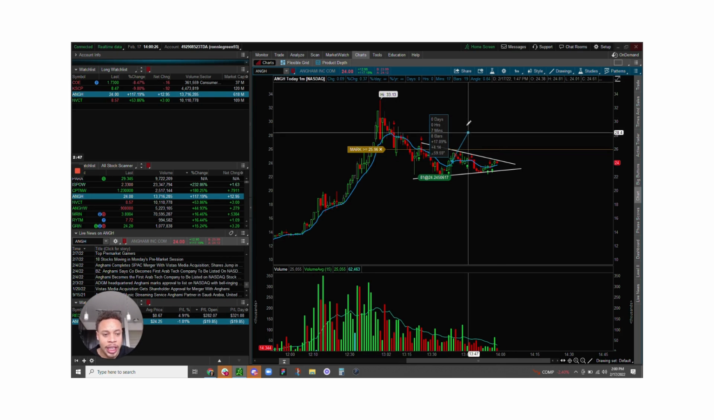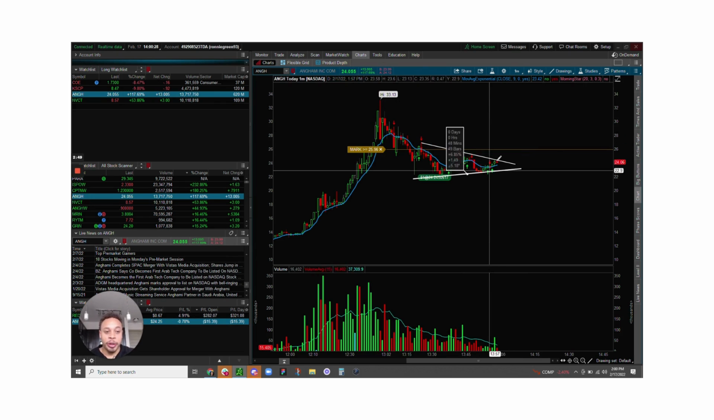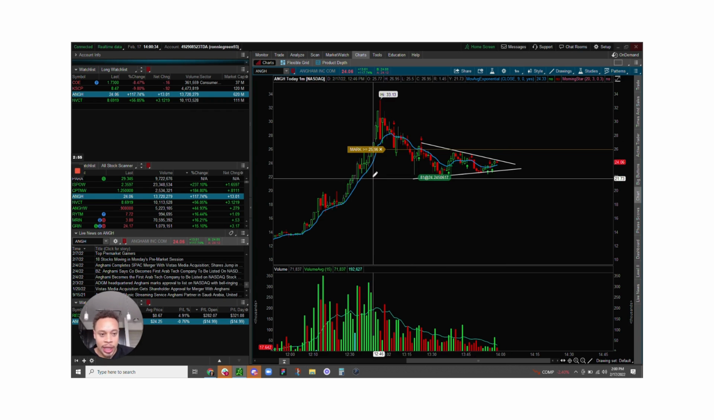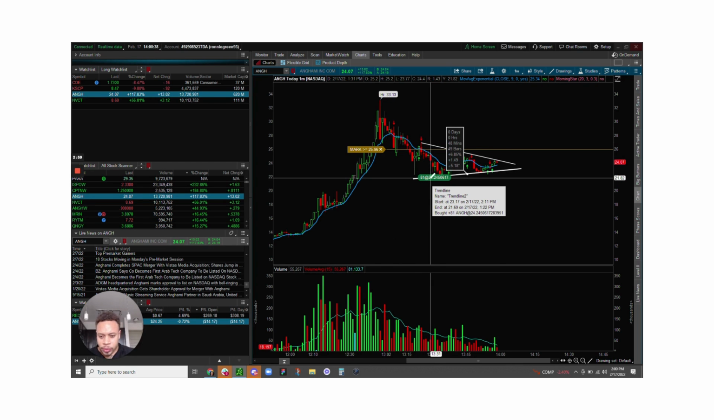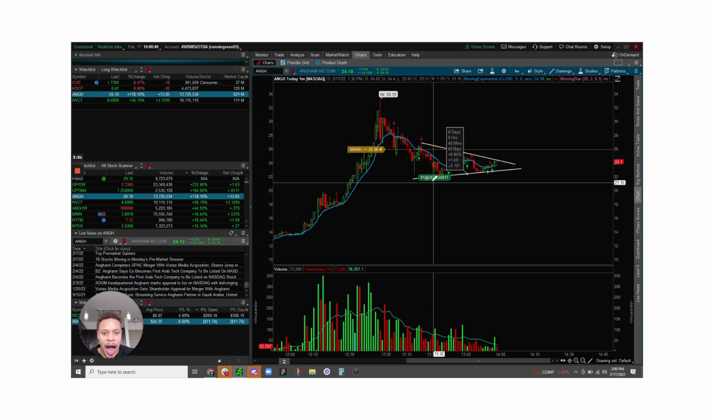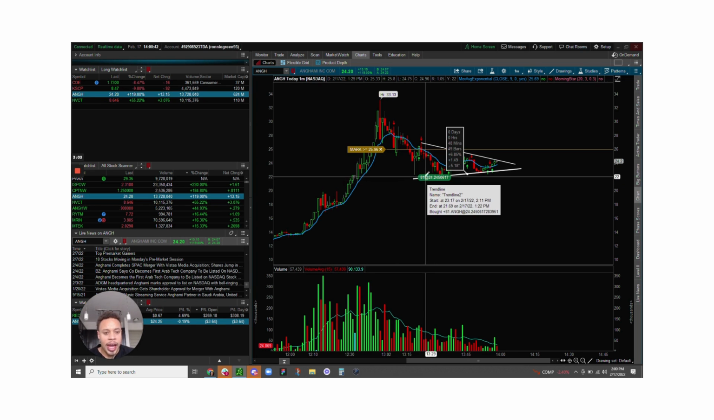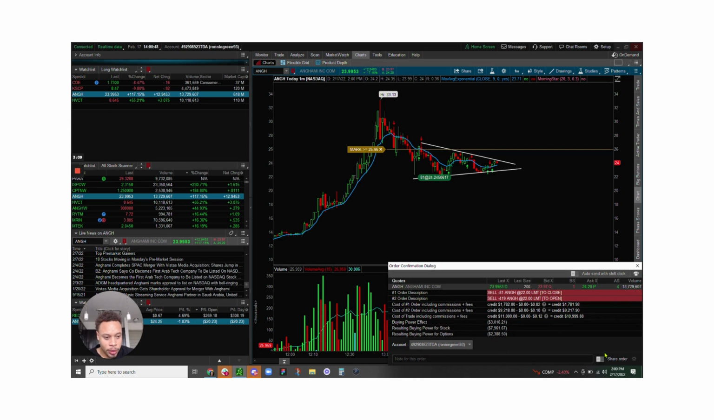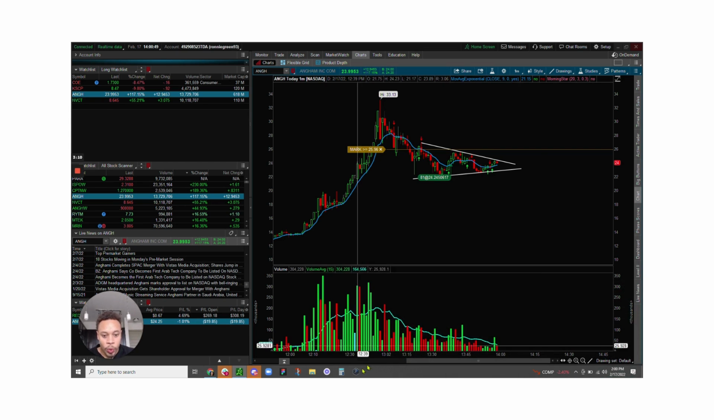So I'll see if this thing pops out. It looks like it's still building pressure. It may pop down. I may take a loss. But I want to show you guys how I set my stop losses, right? So as you can see right here, I have 81 shares, right? So what I'm going to do is I'm going to create a stop order, all right? And with that stop order,